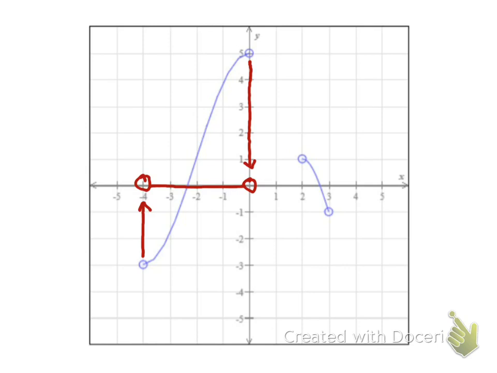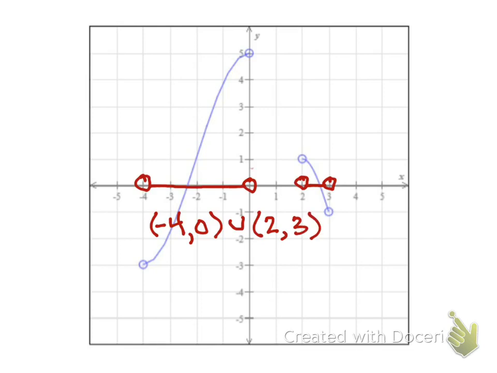Then for this next part, we would have an open circle at 2, an open circle at 3, and we connect those values. Now, if we just look at the x-axis, our domain would be from -4 to 0, using parentheses because those are open circles,